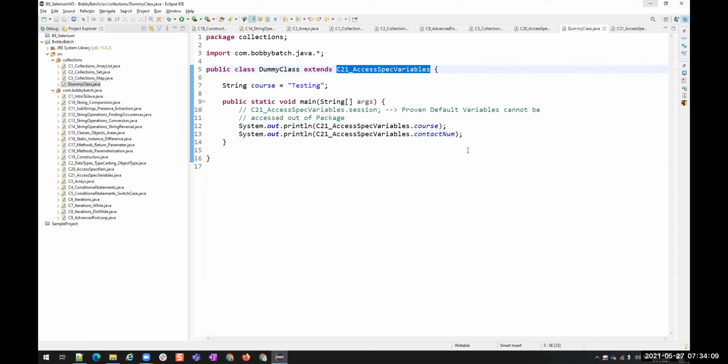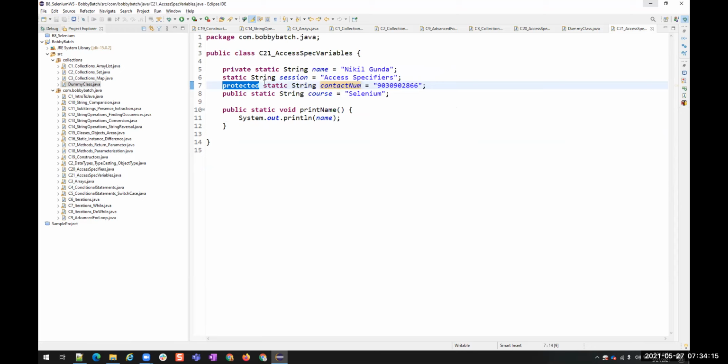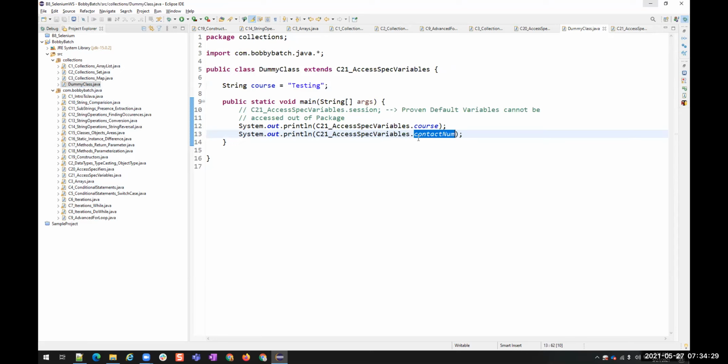So that is why we are able to access the contact number, which is the variable from another package. This is from BobbyBatch.java and it is protected. When it is protected, it will be accessible only within the package and outside the package only in the child classes. So that is why we are able to access it.